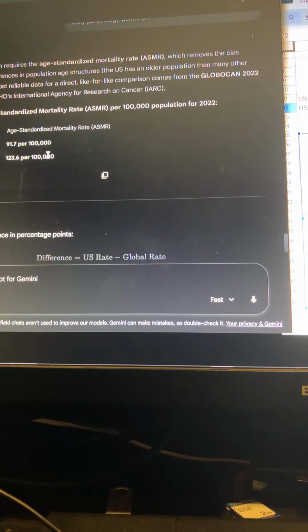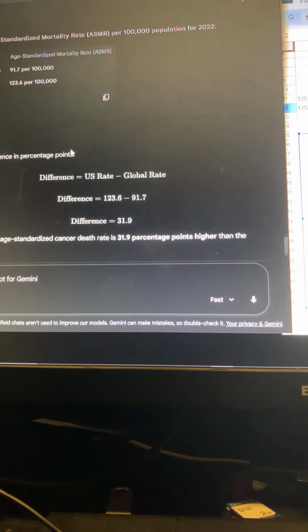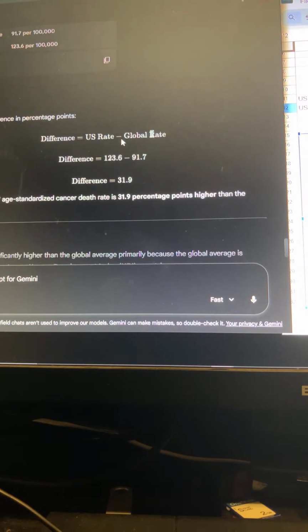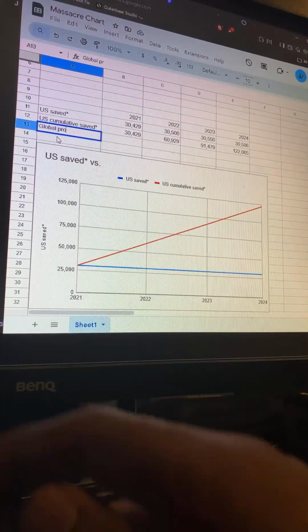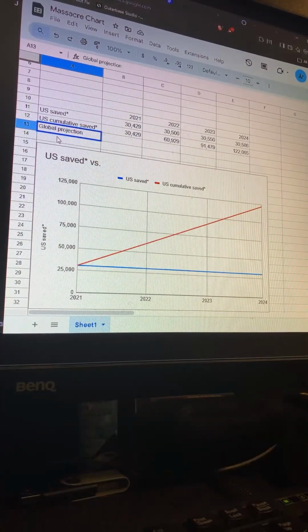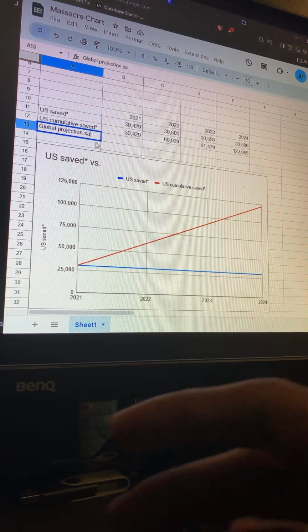Might be cutting back a significant amount. So let's say if we do a global projection, let's say a global projection for saved